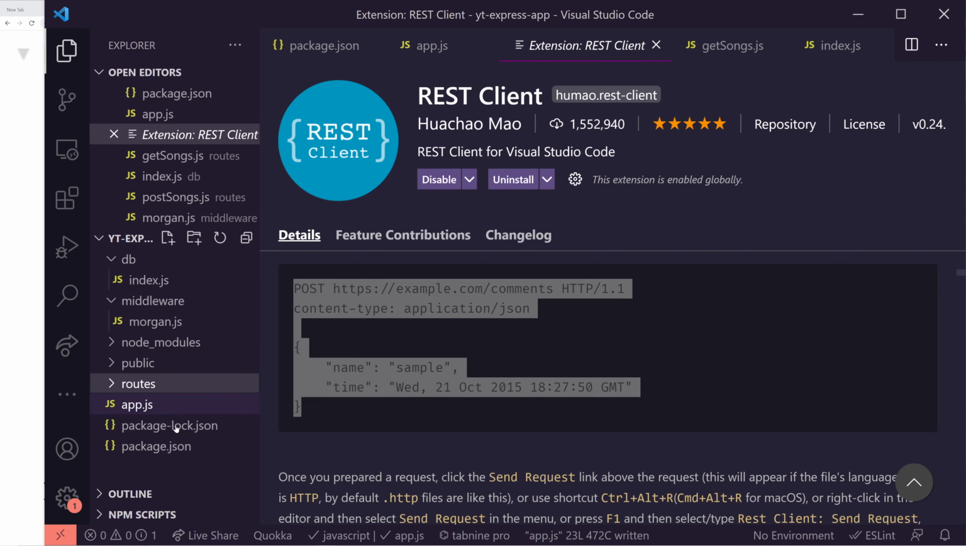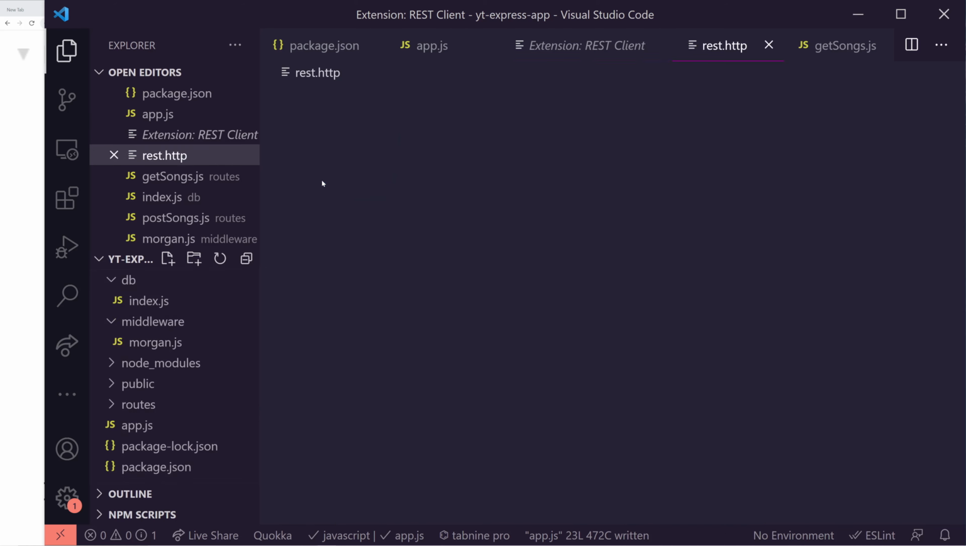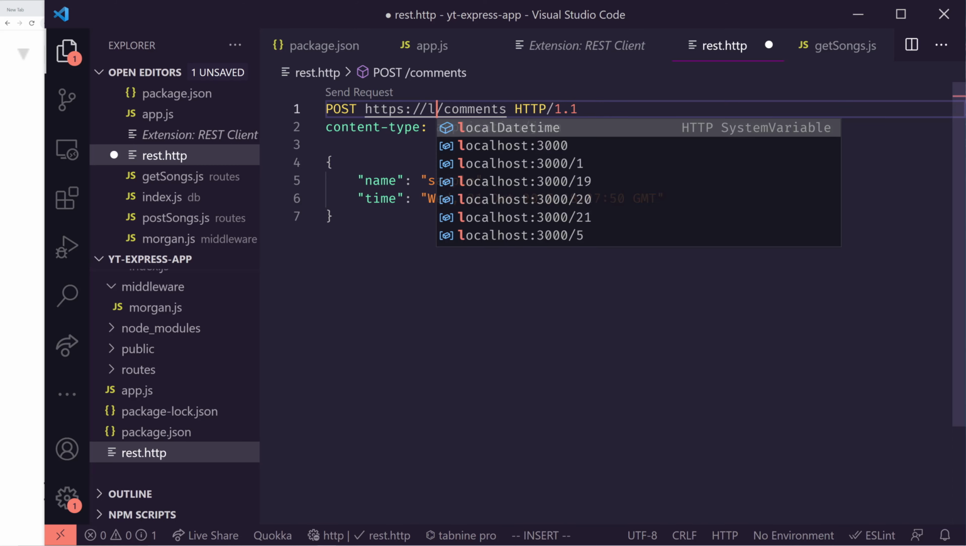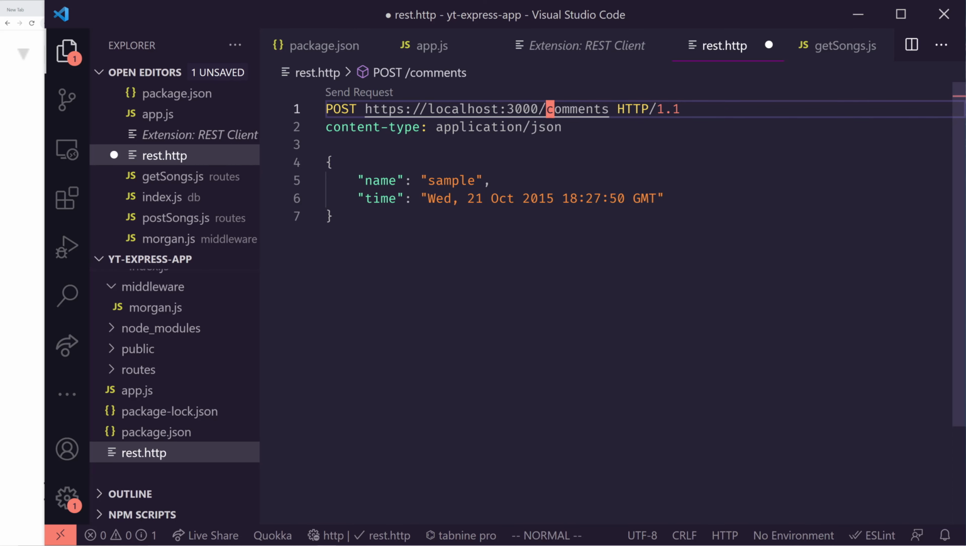I'm going to come over here and create a new file. I'm going to call it rest.http, and it has to be this .http at the end. Now you can see I have this little Send Request. So I'm going to do that to localhost:3000. It's going to be called